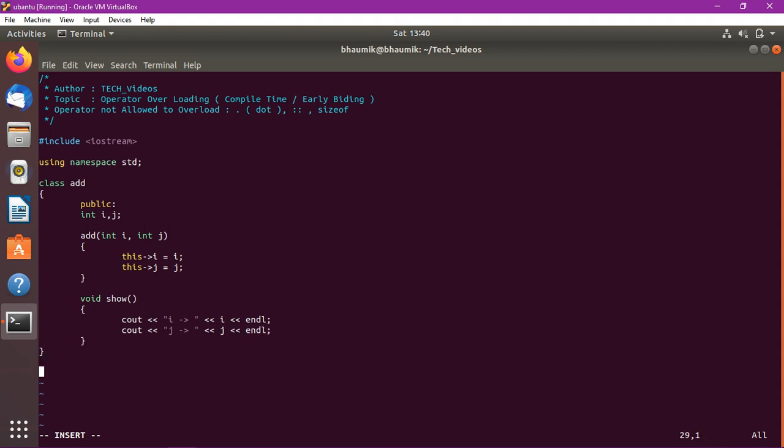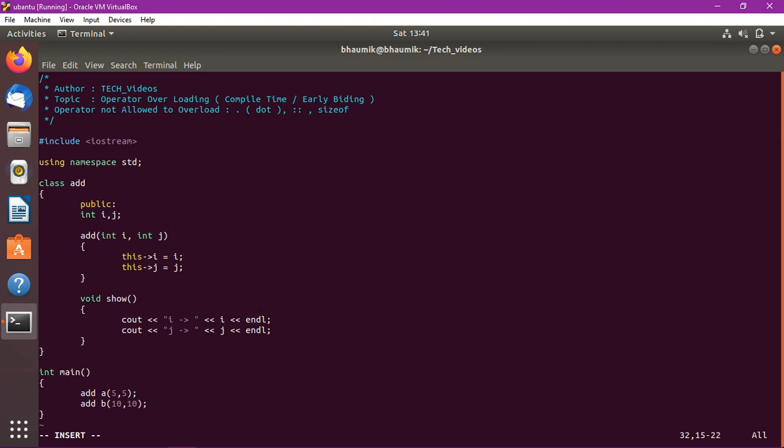Okay, so let's write the main function. In the main function, we will make two objects of class Add. Let's pass the values 5 and 5 in object a. Make another object b, and here also we will pass values like 10 and 10.